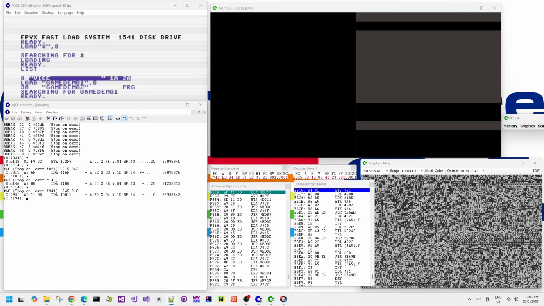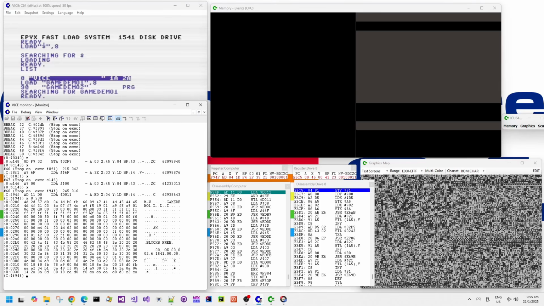is like a job mechanism, and so basically the drive execution of commands can lag behind the Commodore 64 side because they're basically two independent computers. The Commodore 64 talks to the drive side, which is also its own independent computer, across the serial link. Let's have a look what's inside the drive memory now at the point when it wants to turn off